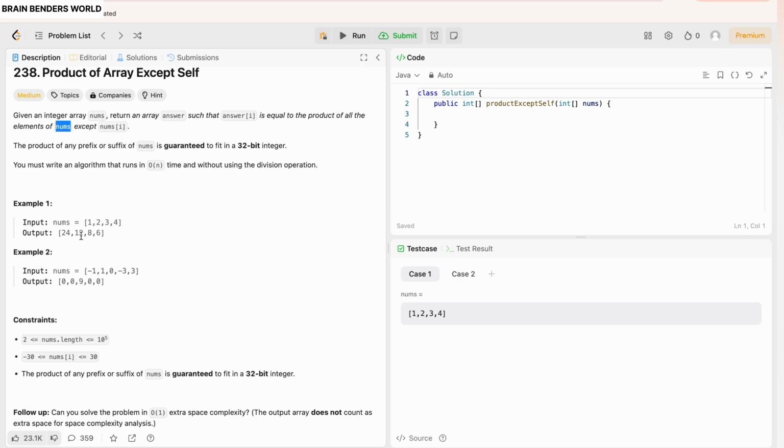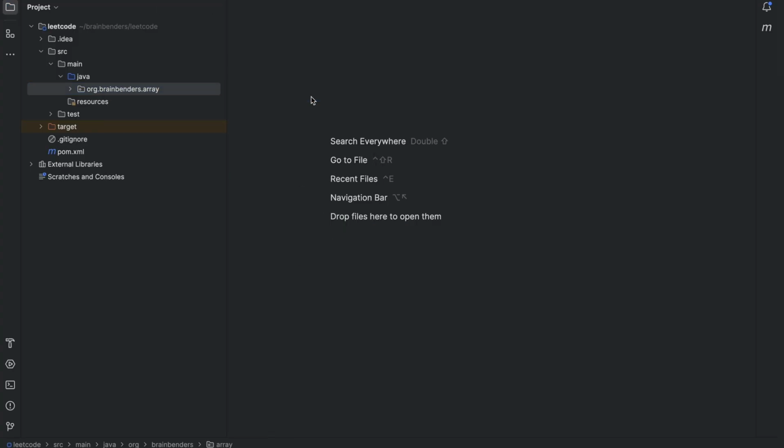It's very simple. For example, we're talking at index 1. This is the output array, which is the answer array. At index 1, it's 12, but how is it 12? Excluding 2, if you multiply 3 times 4 times 1, it's 12. Similarly, excluding 1, you multiply 2 times 3 times 4, it's 24, right? And all like that. I create one class, which is product of array